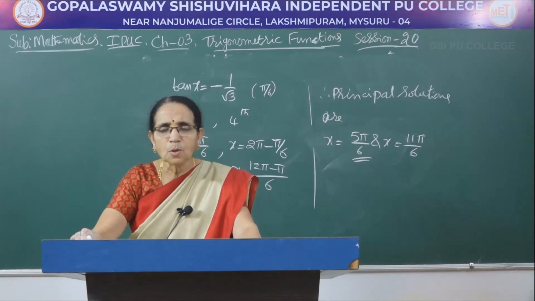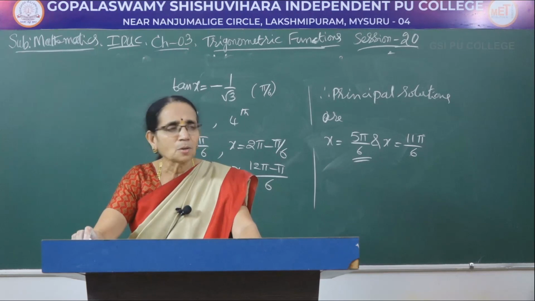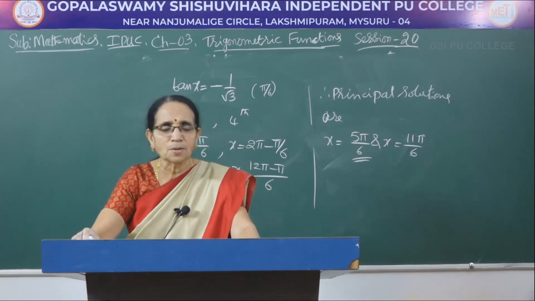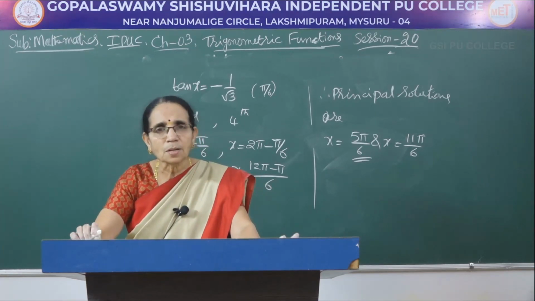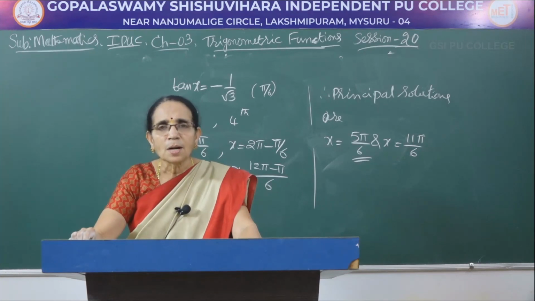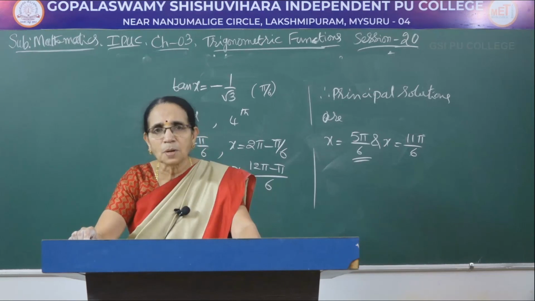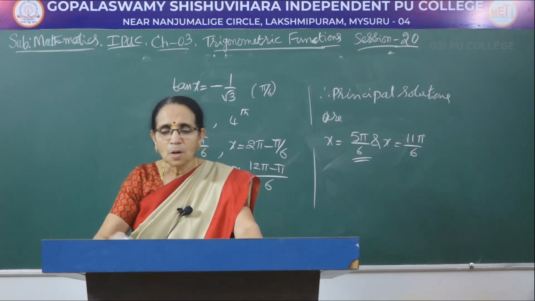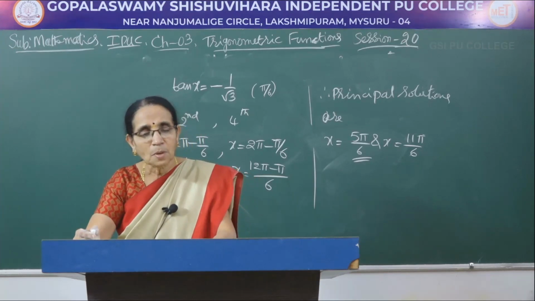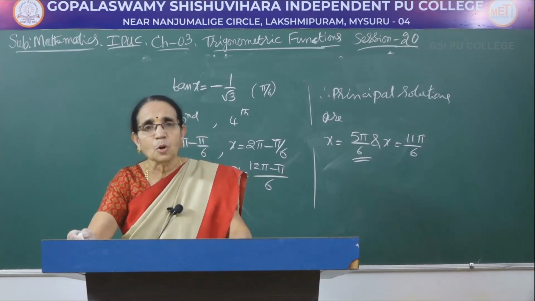So these problems you can expect usually as a 2-mark question. So first look at the ratio, look at the value and look at the sign. Then decide which would be positive or negative for a particular trigonometric function that has been given to you. So I am concluding this particular type of problems here.